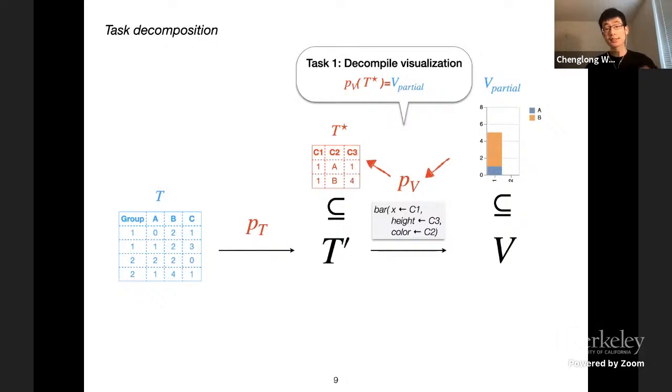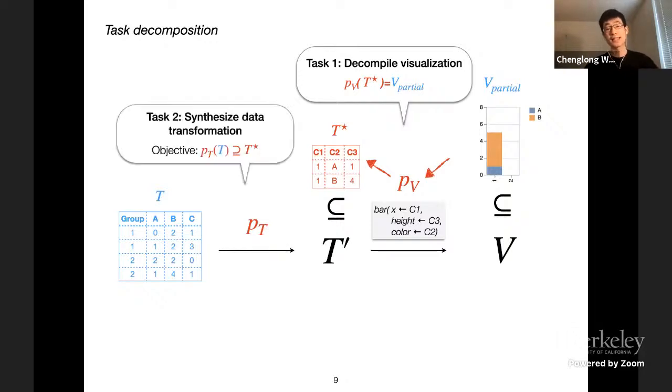The second step is to synthesize a data transformation program such that we can turn the input table into an output that is able to contain the intermediate table. This is basically a contract between the 2 different parts of the algorithm. One part is asking, if you can help me find this intermediate table, I can solve the visualization for you. And now the problem is how can we find this data transformation?